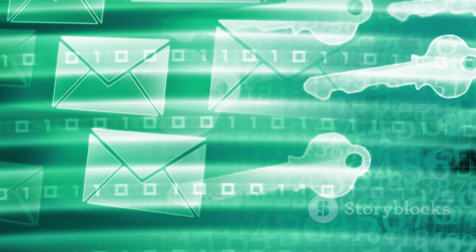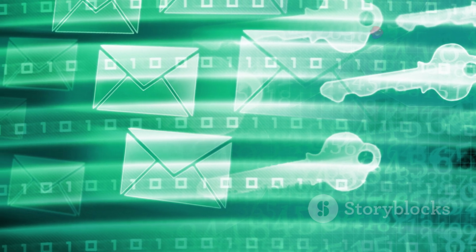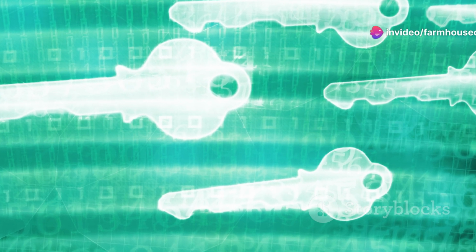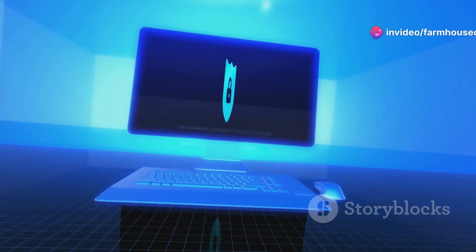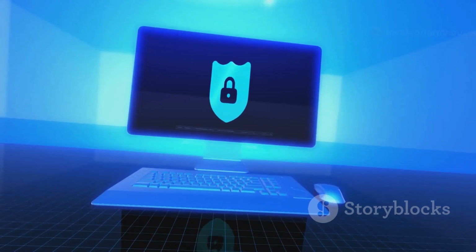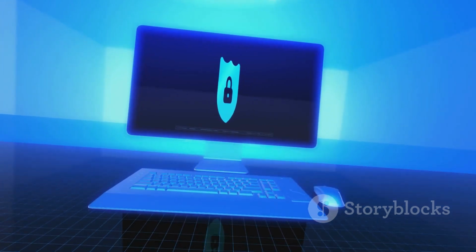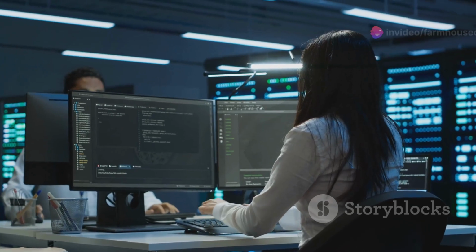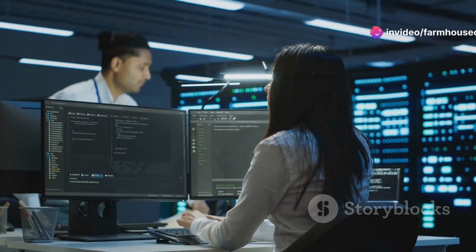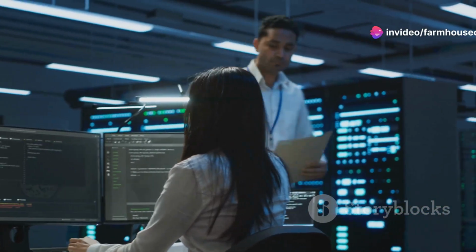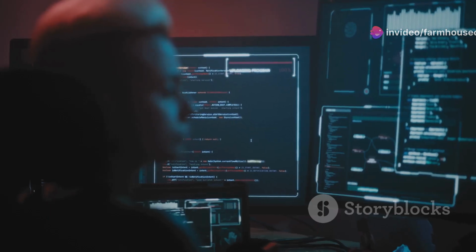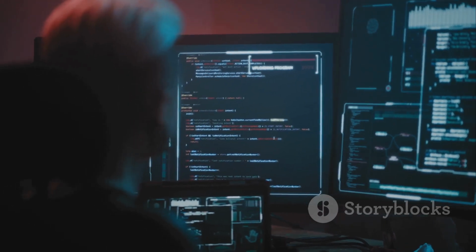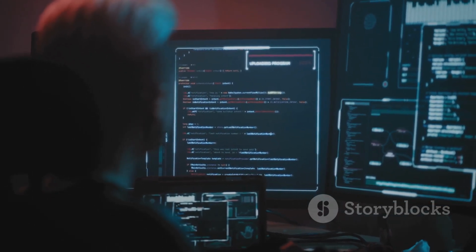You can also generate secure keys and hashes and implement digital signatures to verify the authenticity of data. These techniques are crucial for protecting sensitive information, both in transit and at rest, ensuring data remains secure. Ethical hackers use PyCrypto to analyze encryption schemes, identify potential weaknesses, test for vulnerabilities in cryptographic implementations, and ensure that systems are resilient against attacks.